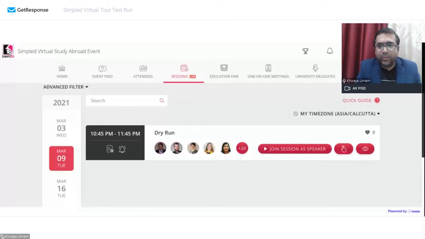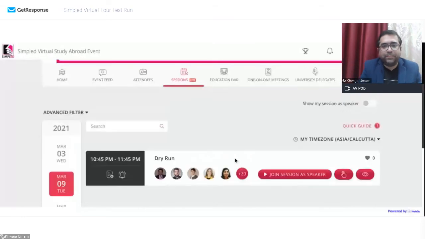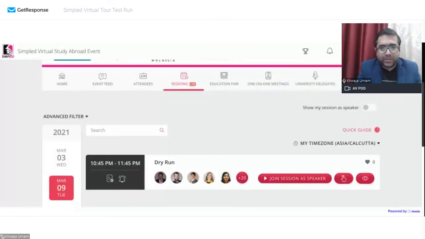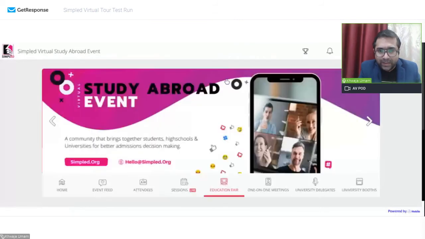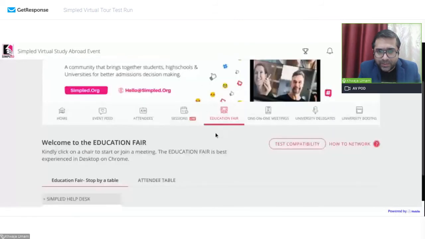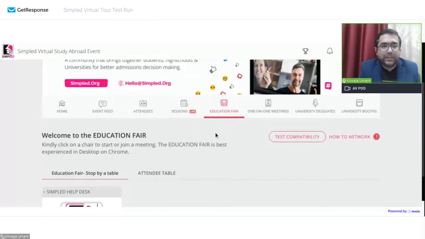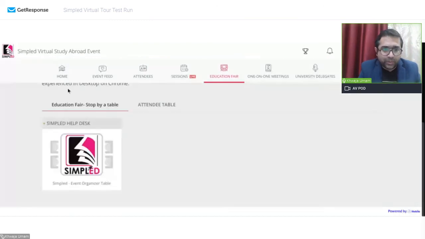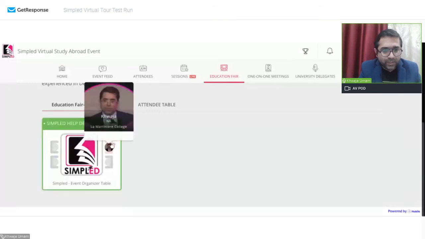All right. Now moving further, let me take you to the education fair segment, which is the next part. Once I click onto this tab for education fair, this is the segment of education fair, stop by a table. Here, like right now you must be seeing this simple ed help desk. If you join your table, if you click onto one of these chairs that you see on